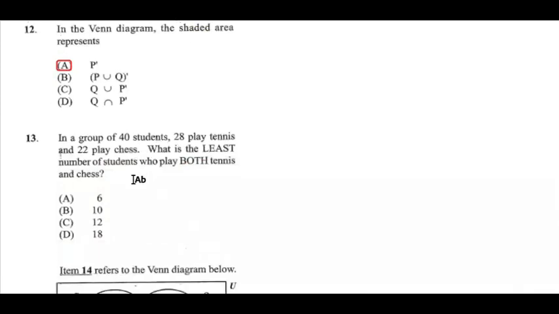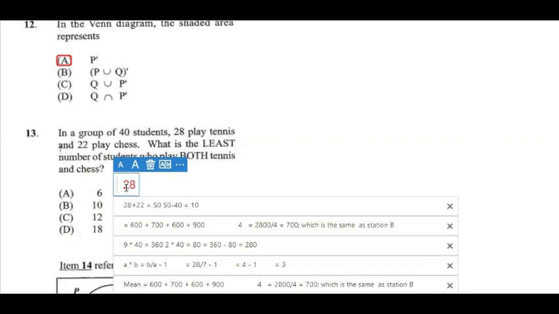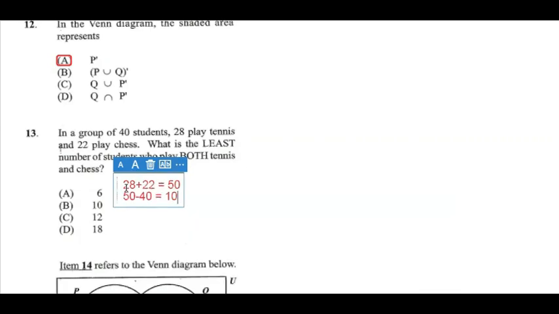13. In a group of 40 students, 28 played tennis and 22 played chess. What is the least number of students who play both tennis and chess? So we're looking for what the intersection is. So therefore 28 played tennis and 22 play chess, so that is equal to 50. But you can see that this 50 has exceeded the total number of students, which is 40. So therefore it means that somewhere in between some overlapping is taking place, and this overlapping would be the intersection that we're looking for,